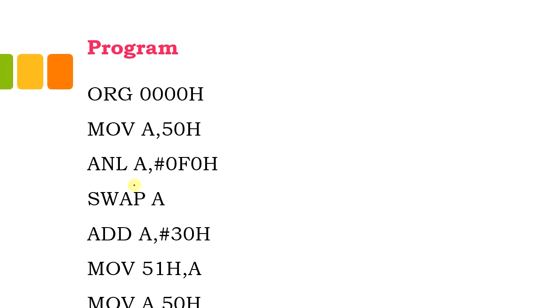So initially ORG 0000H corresponds to the starting of the program and the starting address. We are going to move the content of 50H into the accumulator. So the accumulator is now having 98. In the example that I just showed you previously, the content was 98, so that will be moved to the accumulator. So the first step is only to perform the operation on the upper nibble.